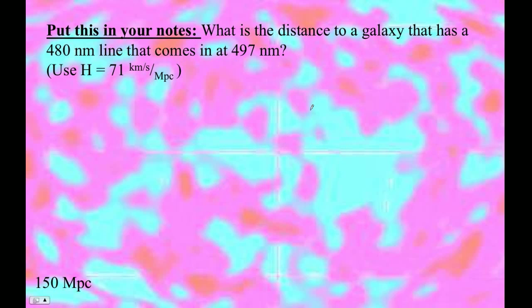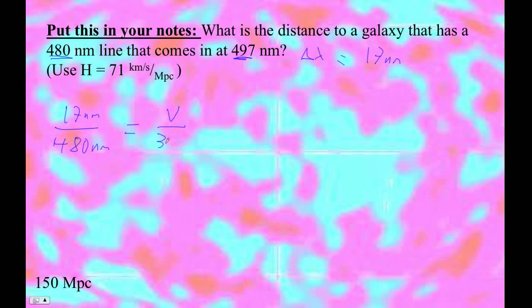So what is the distance we find? This is one way you can figure out how far away something is: you measure the redshift of it and use the redshift as a meter. So I'm going to use our approximate formula for recession velocity. Our delta lambda is 17 nanometers, 497 minus 480. When they say it's a 480 nanometer line, that means the original one is 480 nanometers. And then that equals our recession velocity over